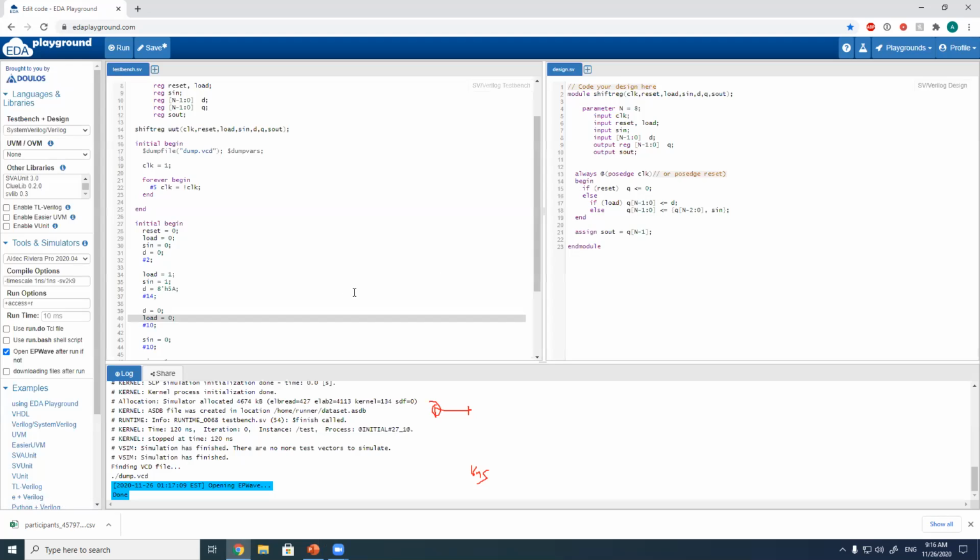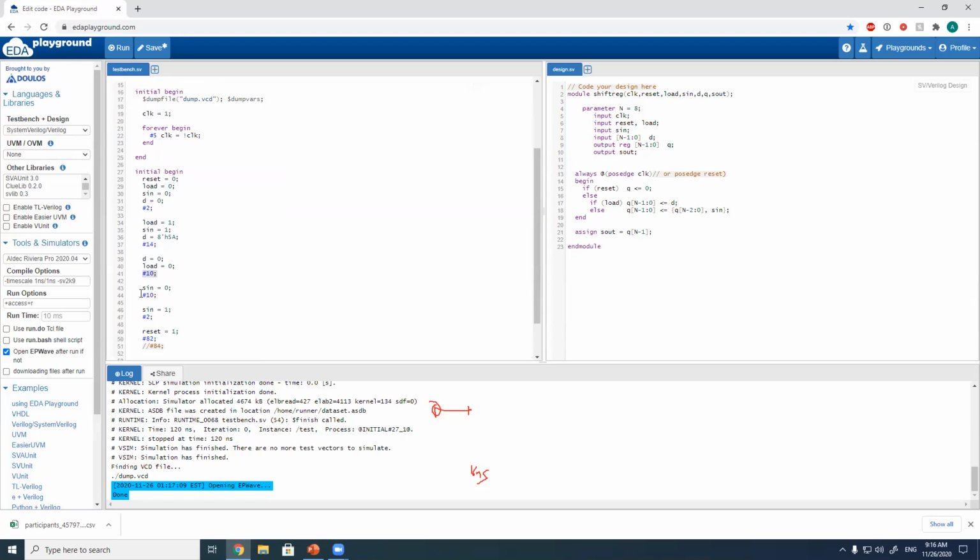Sometimes you might get confused that this is the value of t, like at t equal 14, do this and that. No, this is delay. Here, wait for 2 nanoseconds, wait for 14 nanoseconds, wait for 10, wait for an extra